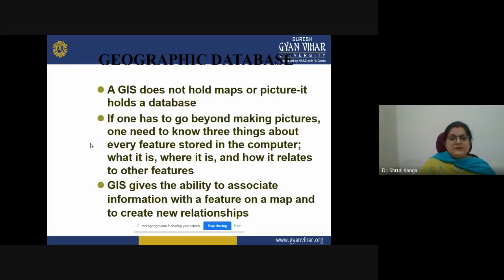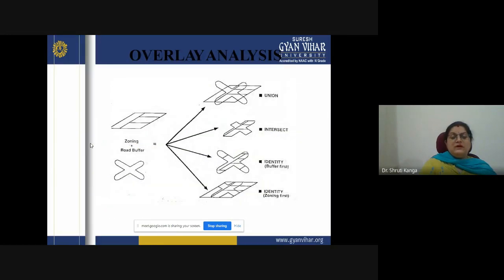Geographic databases: we need to create a geographic database to store various kinds of data sets and apply different kinds of models and techniques for capturing and storage of those data sets, and come out with some analysis. Then there is overlay analysis.